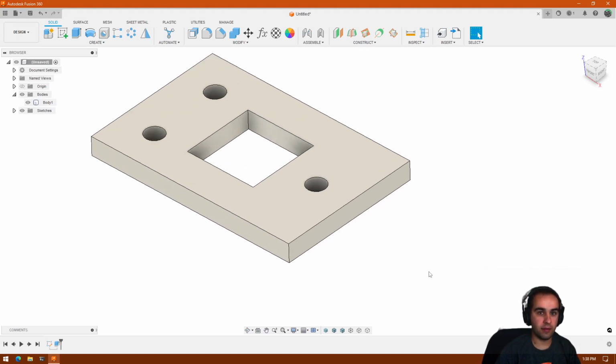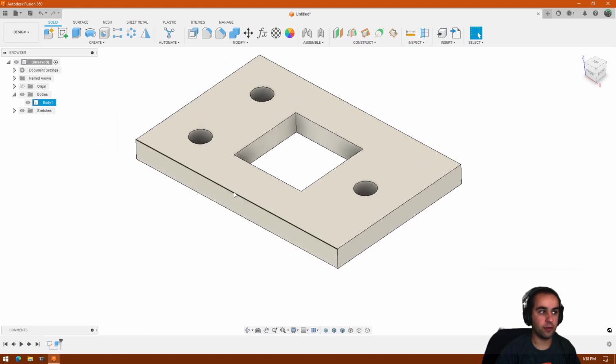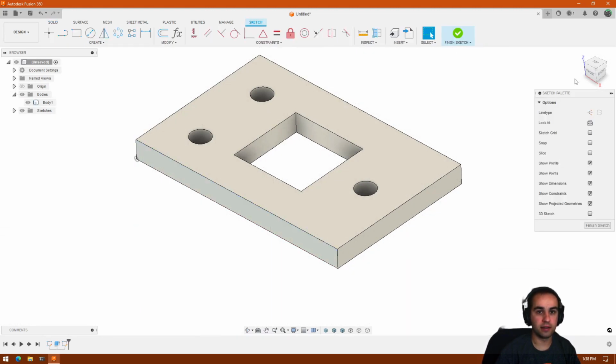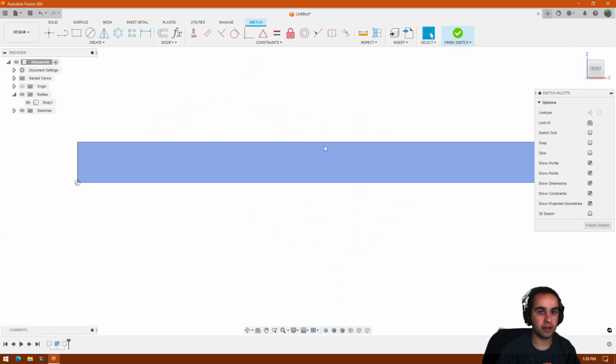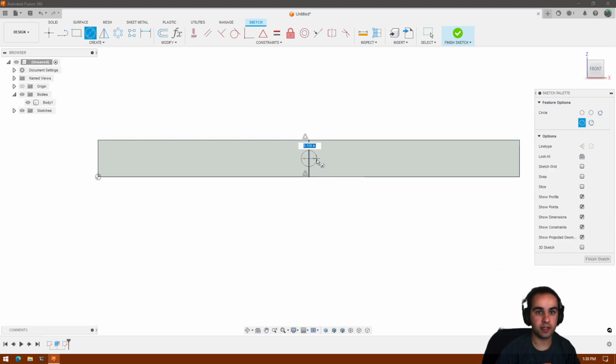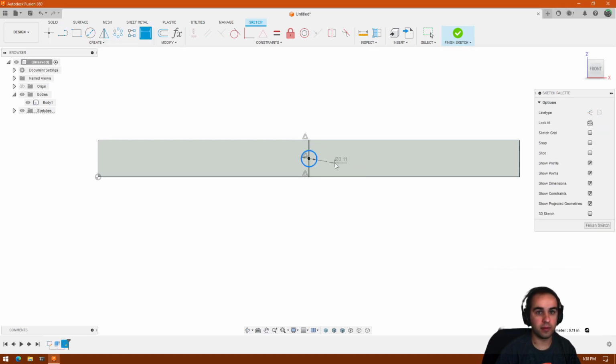So let's say I wanted to add a hole through this part from the side. If I wanted to do that, I'd create a new sketch, select that side, and look at that. I know I want the hole to be right in the middle in this case, so I'm going to use a line with some automatically snapped constraints to those midpoints, a circle here, put a dimension on it,